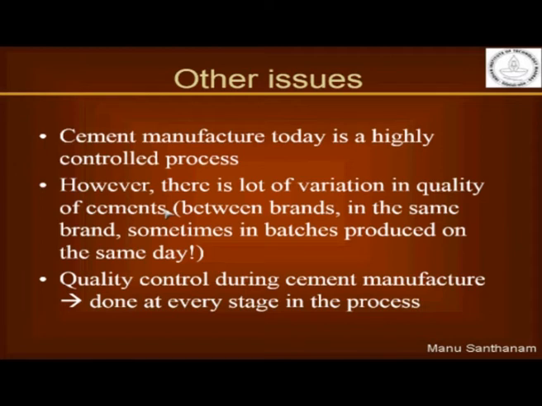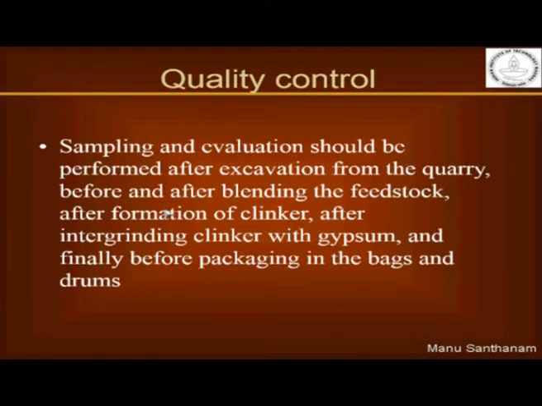So to avoid variability in the kind of cement that is being produced, cement companies spend a lot of time doing quality control, and this quality control during cement manufacture is done at every stage in the process. Now, what do I mean by every stage? I literally mean every stage because sampling and evaluation of the material is done in several stages. One, you have after excavation from the quarry because you want to know if you have the right kind of material that has been removed, before and after blending the raw materials together because the right composition has to also